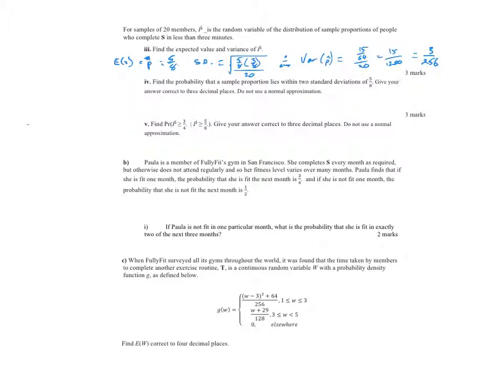So find the probability that a sample proportion lies within 2 standard deviations of 5/8. Give your answer correct to 3 decimal places. So let's first of all work out 2 standard deviations. So 2 standard deviations will be 5/8 plus or minus 2 times the square root of 3 on 256. So on my CAS, that'll give me 5/8 plus or minus. Probably can't do a real lot with that. So let's just go straight to the calculator, and that will give me the interval of